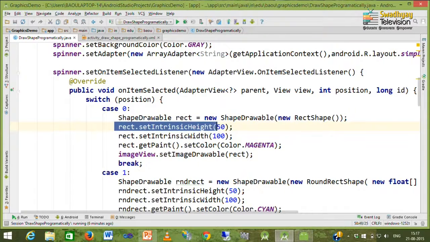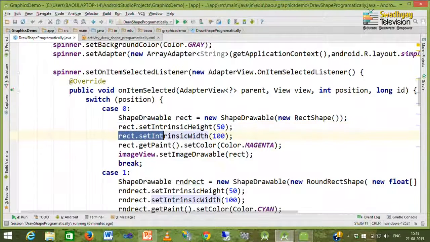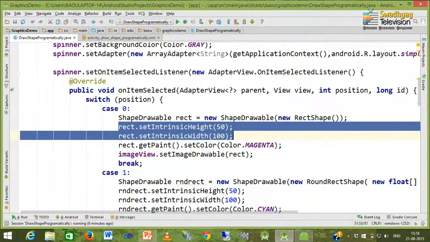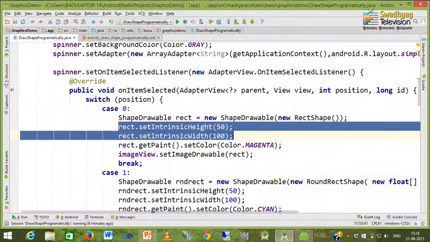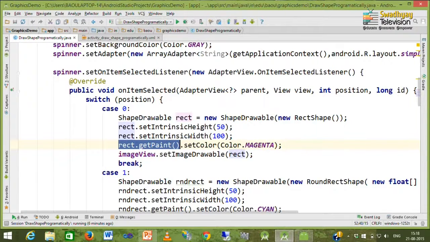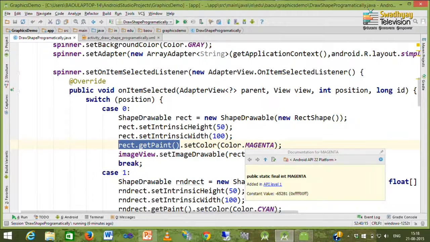Next we specify height and width for our rectangle. Our height is 50 pixels and width is 100 pixels. How to specify the color to be filled for this rectangle? Here I call the rect.getPaint method, which returns a Paint object, and we call the setColor method of the Paint object to set the color for the rectangle, and in our case this color is magenta.